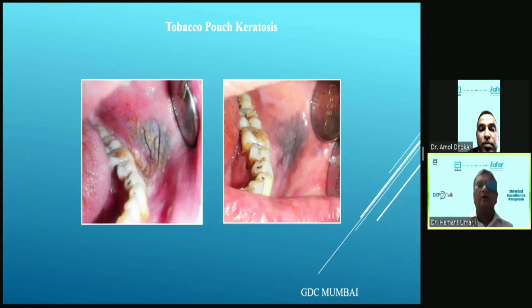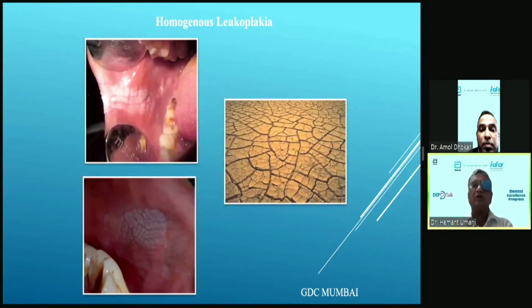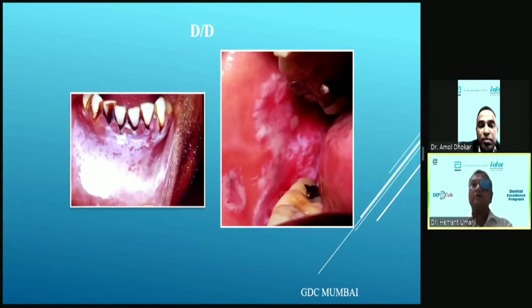Now this is the typical appearance of a homogeneous leukoplakia. If you see leukoplakia very closely, you will see some fissures on top. This is called a cracked mud appearance. After the rainy season, if the mud is there and then there is sun, it will develop cracks. This is called the cracked mud appearance of homogeneous leukoplakia. It is typically seen in smokers who let out the smoke from the commissure. They will get this tobacco-induced homogeneous leukoplakia. Homogeneous leukoplakia is not as dangerous as the speckled leukoplakia, but the homogeneous looks like that.